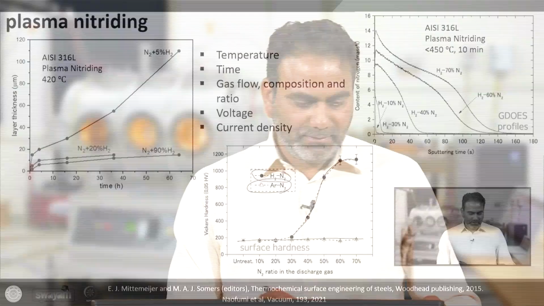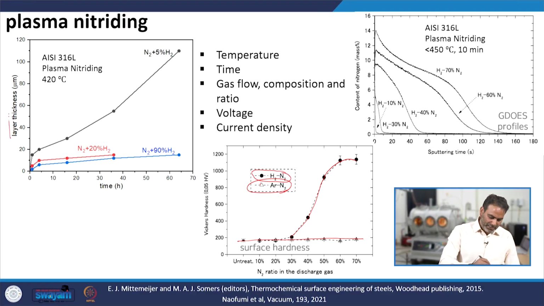Now you see here the layer thickness. Layer thickness means after doing this plasma nitriding, there is some thickness of the layer which is the nitrided layer. That means up to what depth below the surface I made the material harder, and that thickness is plotted as a function of nitriding time. What is done here is that somebody did the plasma nitriding at 420 degrees Celsius and used